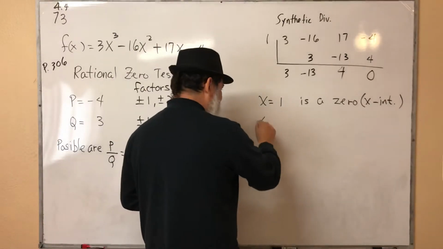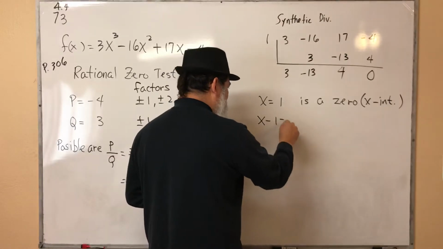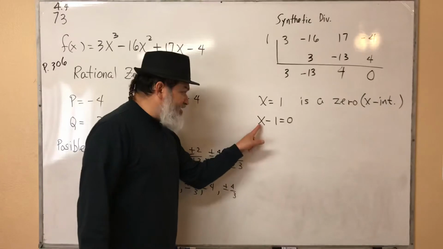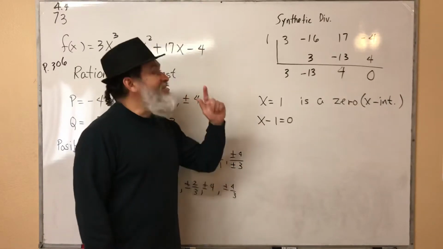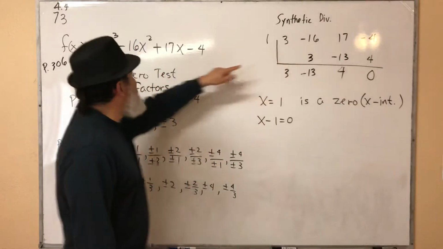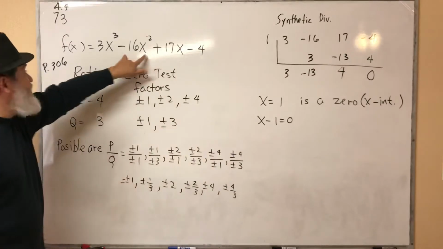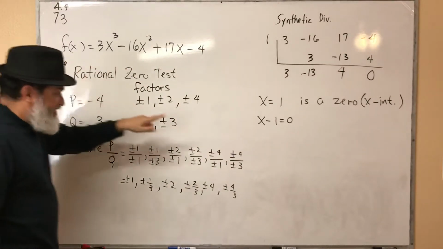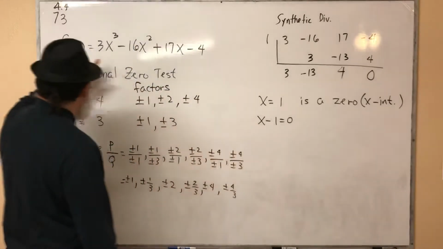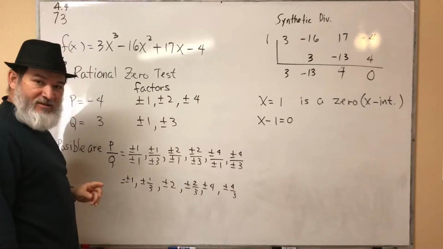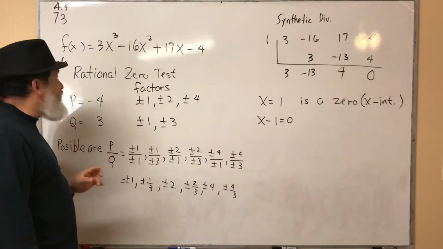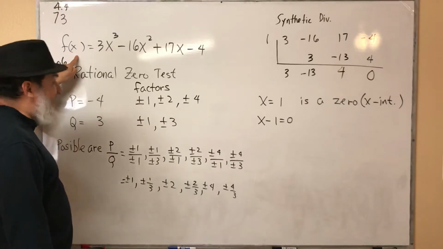So therefore, x minus 1 equals 0. And you see this x minus 1? That is a factor of this function. Yes. This is a factor of f of x. Nice. So therefore, f of x now,